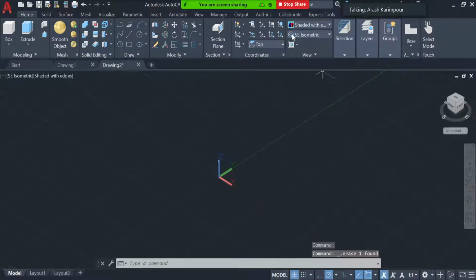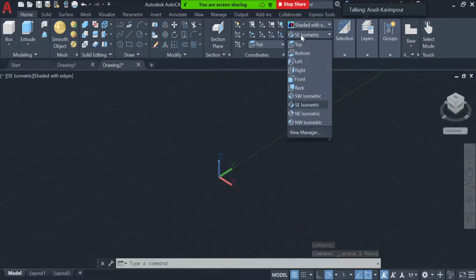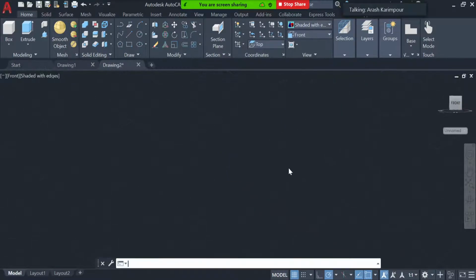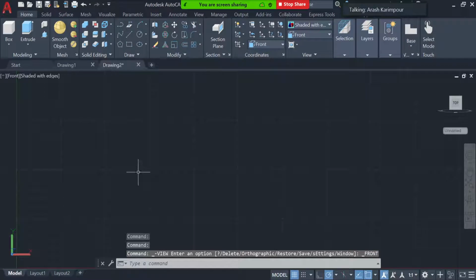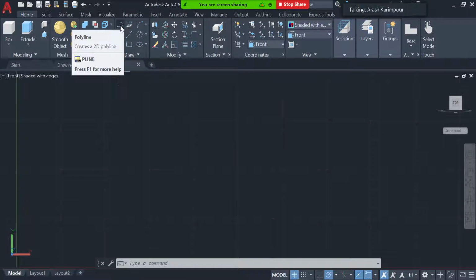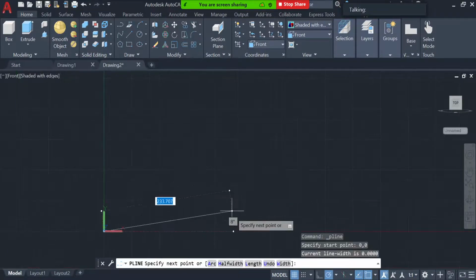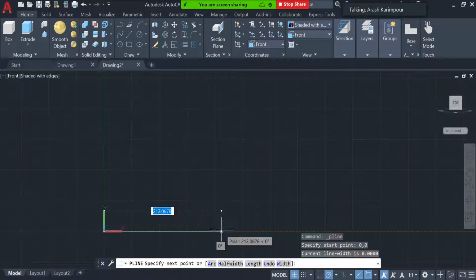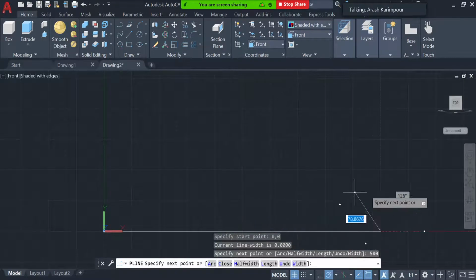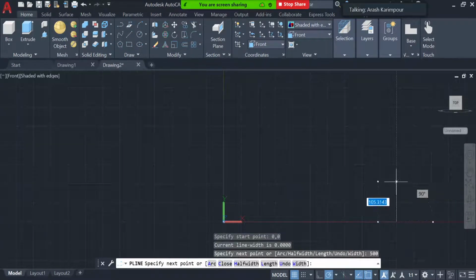So again, this time I will switch to the front view. So I switch to the front view and I will draw what I want to be drawn. So assume from the front view, I'm gonna start the polyline again, starting from 0, 0, and then assume I go, for example, again 500 to the right, and then I go up for